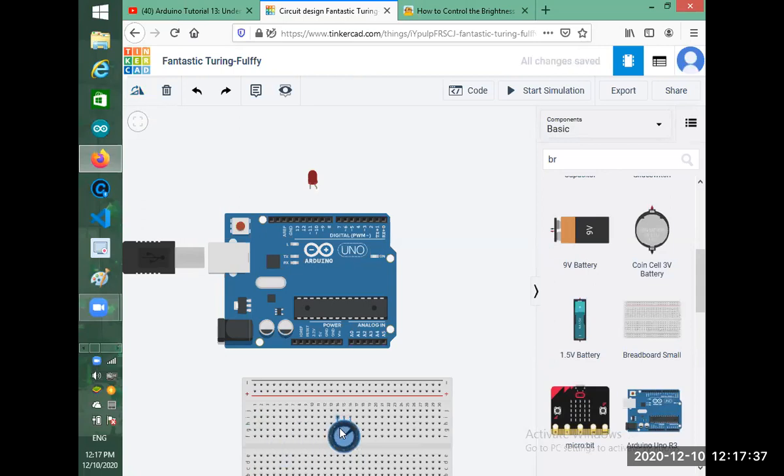Before that, there is a very important thing that we are missing out. For reading the analog voltage, first we need to understand how to read in Arduino. For that purpose, we have serial print. We have serial monitor. How the serial monitor works, I will show you.